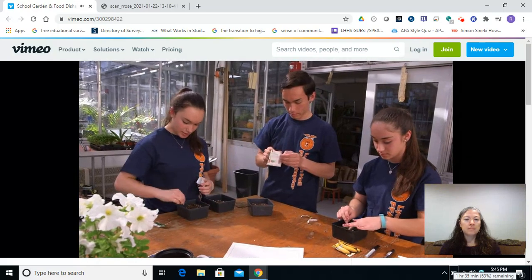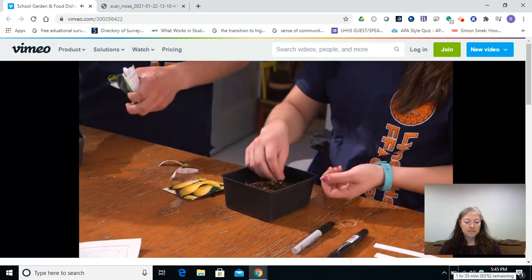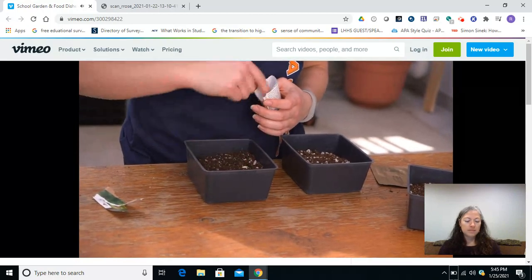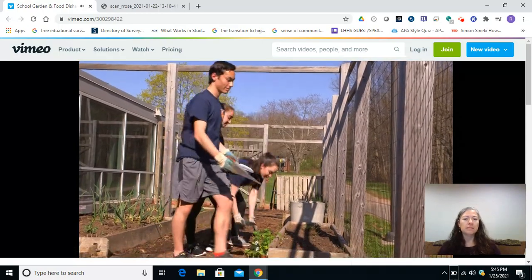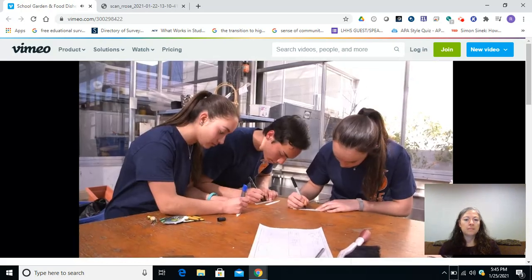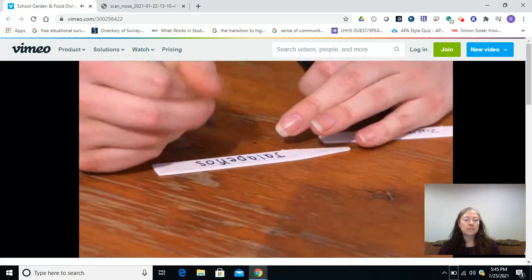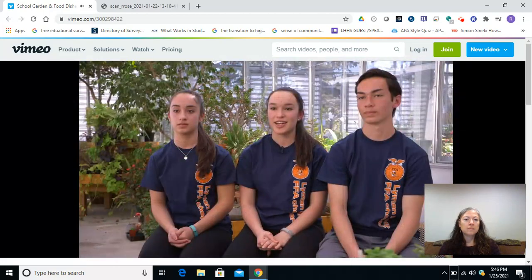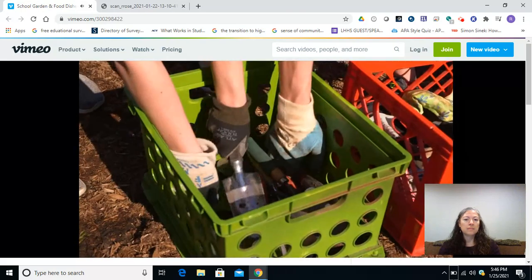SAE is a supervised agriculture experience where students can further their knowledge in ag-related fields. In regards to our SAE, we work in the school garden and we grow different crops, and we use those crops to make different food dishes such as homemade salsa. We got started in this SAE because we really wanted to do something together, and our teacher suggested the school garden, so that's what we decided to do.